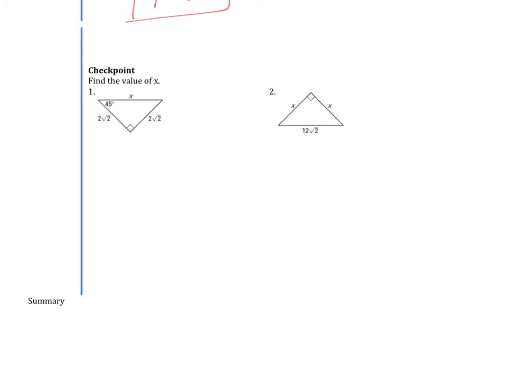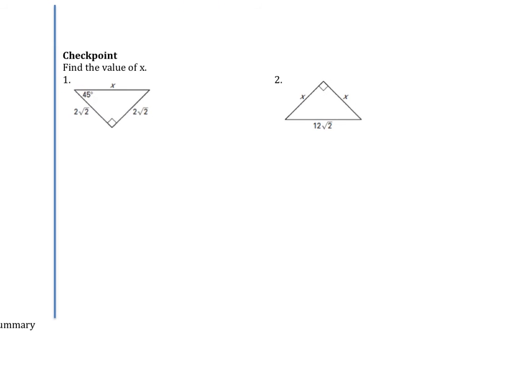And then we have some checkpoints. All right, find the value of x. So in number 1, x is the hypotenuse, and these two sides that are the same, the 2 square root of 2, that would be the leg. So if we were trying to find the hypotenuse, use the formula h equals L square root of 2, because it's a 45, 45, 90 triangle, and h is x, the leg is 2 square root of 2,